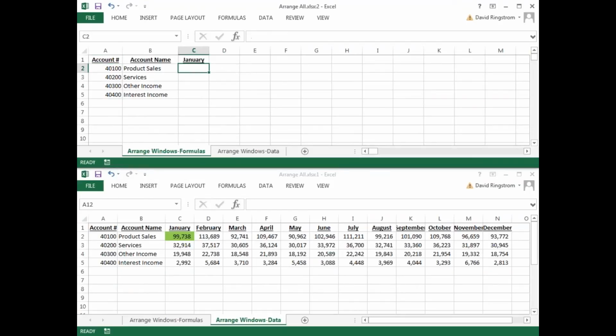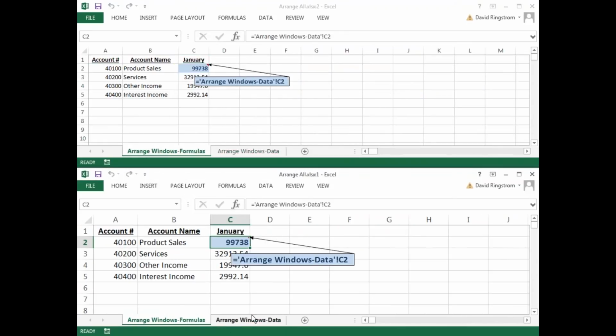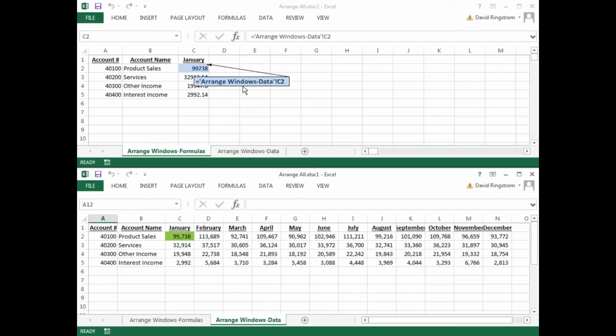So if I'm writing my formula, I type equals, and then down here I can see what I'm referencing. I just click on it, and I come in here and I drag down. And so there's just my simple formula. Get that position back here. And so we see it makes it much easier to write formulas that are crossing over worksheets.